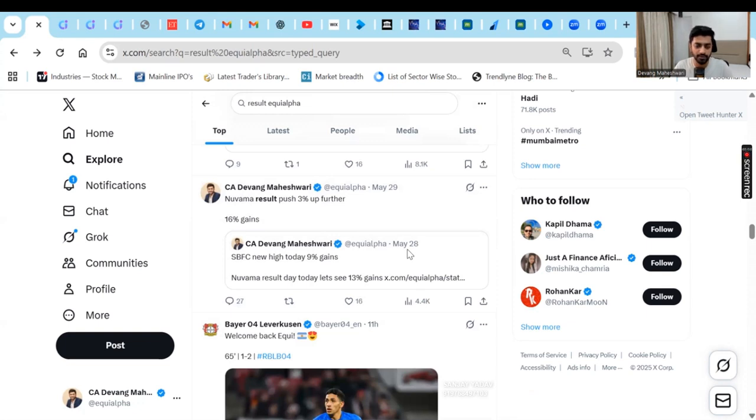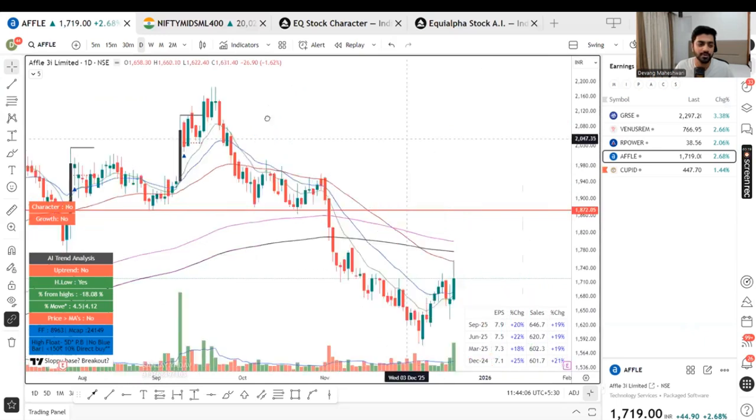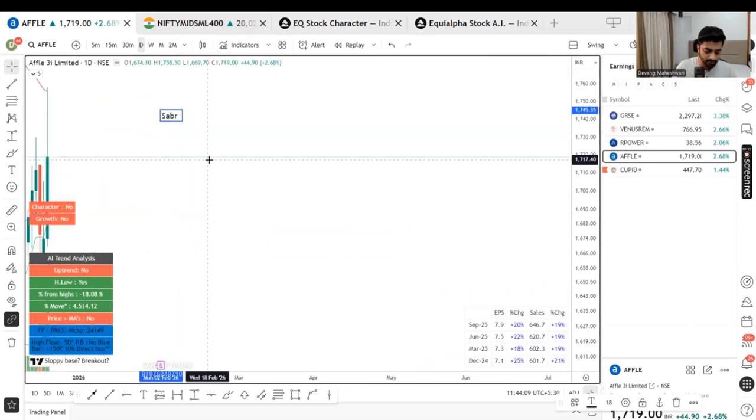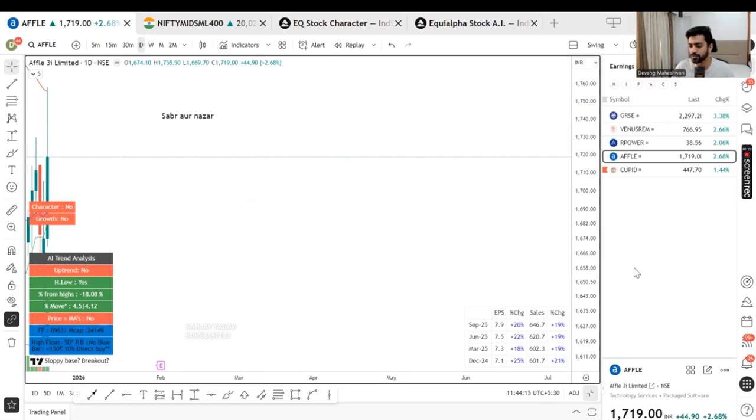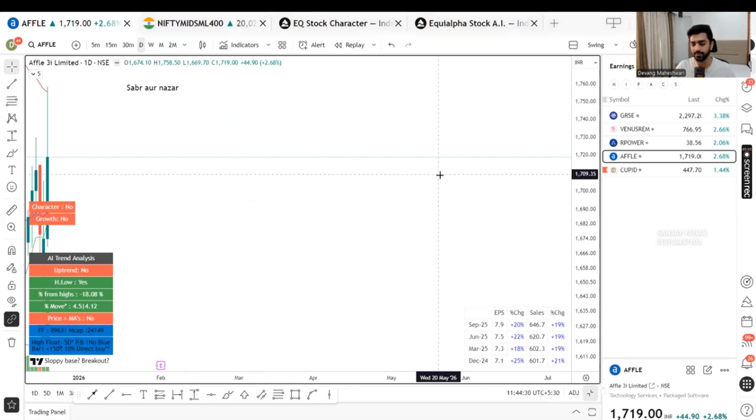Okay. So like this from Dhurandhar movie, you would have seen it already. In one of the dialogues, it says you sabr or nazar. Okay. These are the two things very much apt for our stock market also. Sabr or nazar. ये आपको हमेशा रखनी है. Have patience and keep looking out things. Keep waiting for opportunities. Okay. Whenever thing will be right, you will make money. Okay, so don't be like animal, be like Dhurandhar. Animal gets killed very fast. Okay, don't try to become like animal. Be Dhurandhar. Keep waiting.